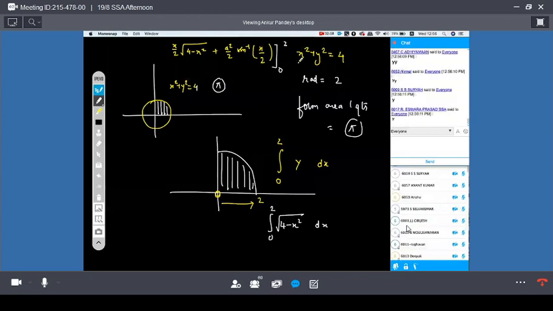Now you put x equal to 0. When you put x equal to 0, this part is anyway 0 and this part is also 0. So the total answer coming out is pi. Yes or no? Got it? So the area of this quadrant is pi. There are 4 such, so 4 pi. Got it?